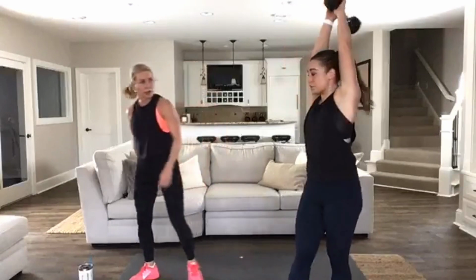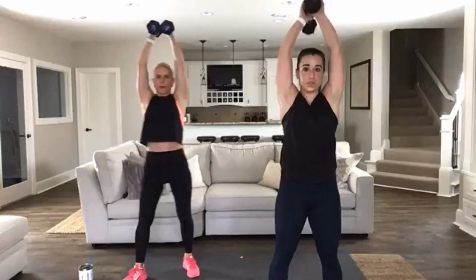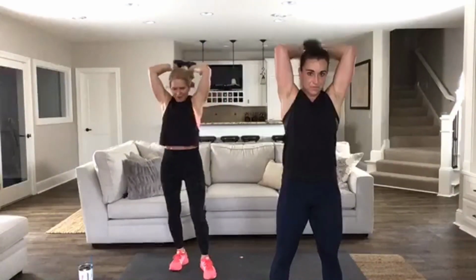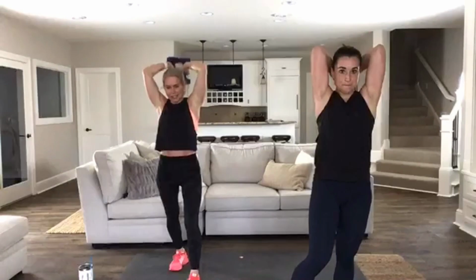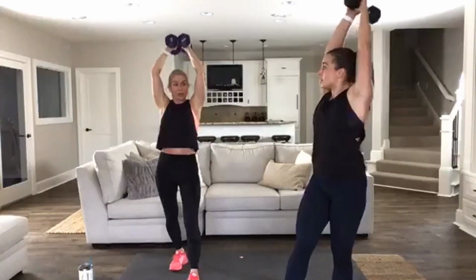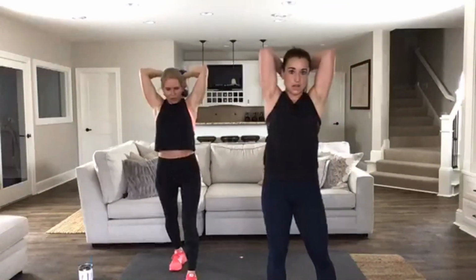Relax. Woo! Good. Bring hands overhead. You can grab two weights, one weight, whatever works. Overhead tricep extensions. Now we work both of them together. I love these. I feel like for all you ladies who are always saying I need to sculpt, doing a combination of kickbacks and overhead pulls, where you're getting the long head and the short head of the tricep,